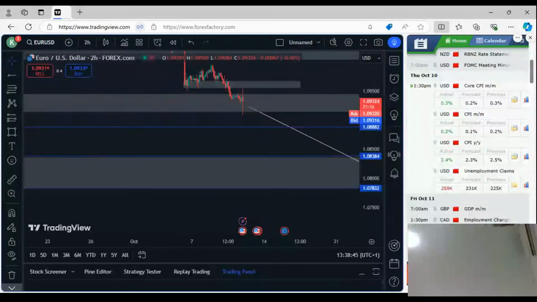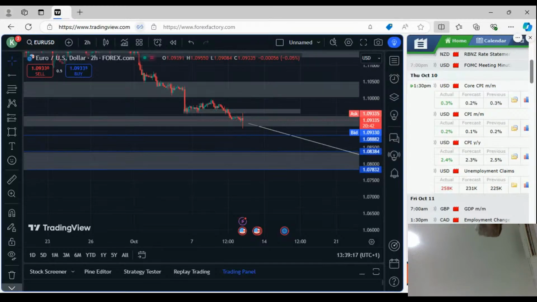So I have already dropped the buy limit again. Before I go, still quickly take the buy limit again. It's on the WhatsApp group of people who are not in here, which you might be sharing the YouTube video for them to come in to watch the CPI news again. Please take the buy limit at 1.08384. Stop loss at 1.07832. And the first take profit we're looking at is at